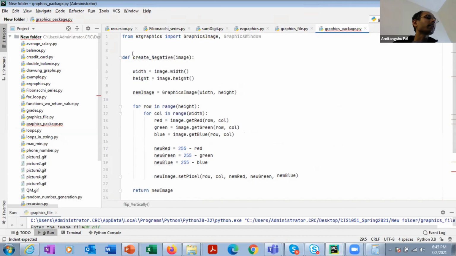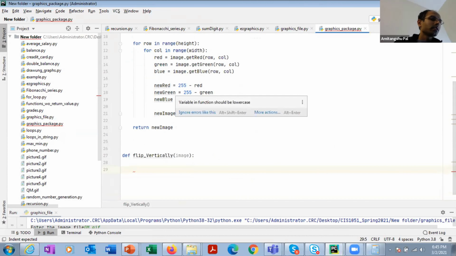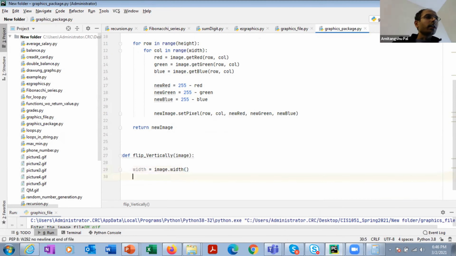So I can basically write the same 3 lines. Width equal to image dot width, height equal to image dot height.